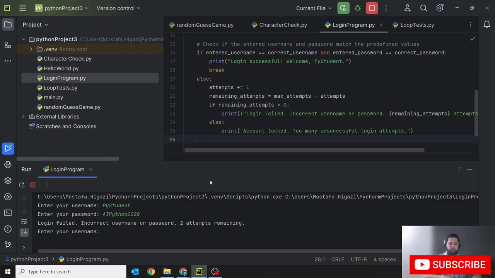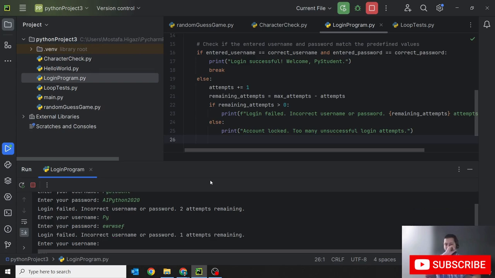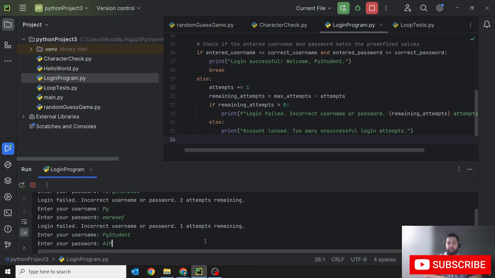And again, this time I just enter Py without the student, and I just enter any jargon in here. It's going to say the login failed. It does say you have 1 attempt left. So say, for instance, I now put in the correct password,